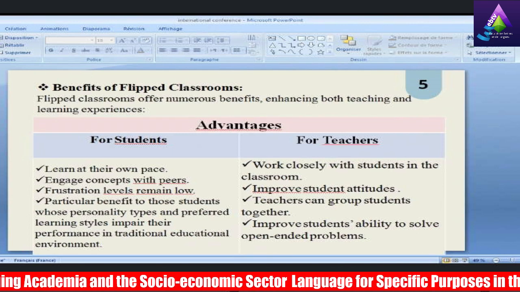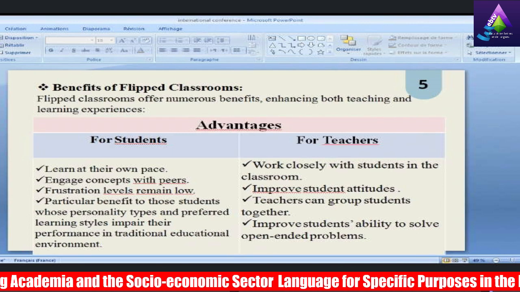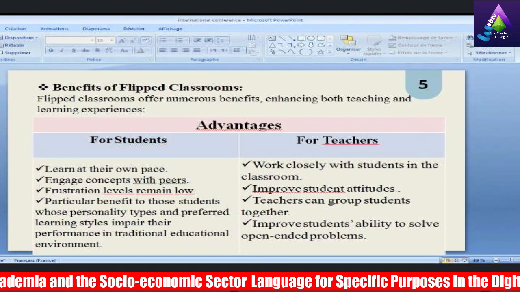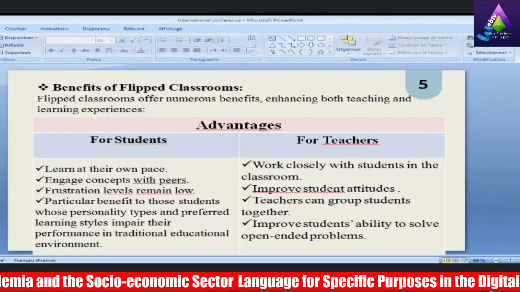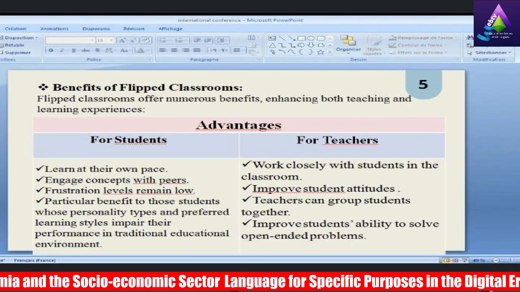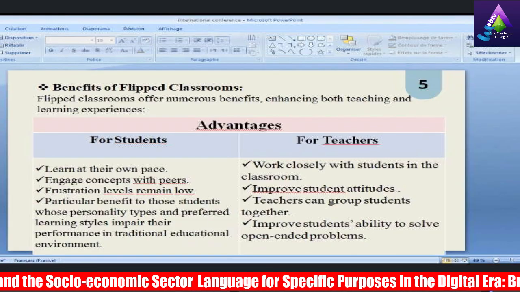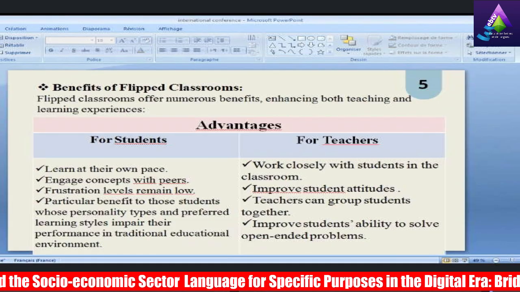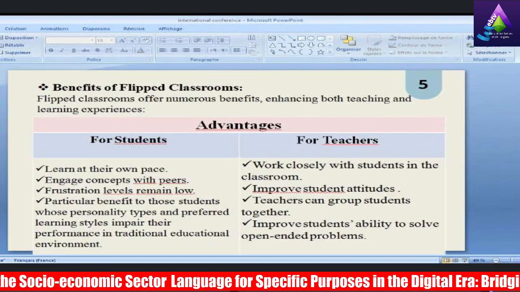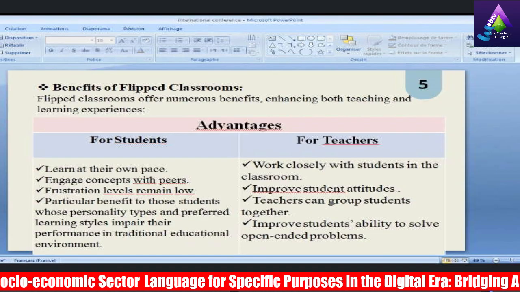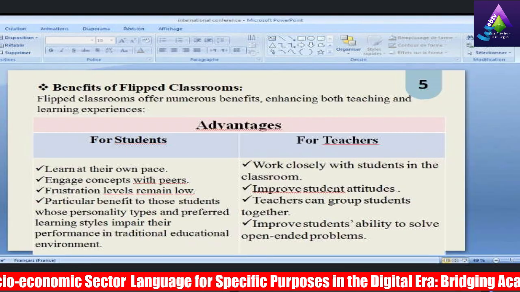For students: learn at their own pace, engage concepts with peers, so there is peer interaction. Frustration levels remain low. It means they find themselves at ease learning at home at any time. Particular benefits to those students whose personality type and preferred learning styles impair their performance in traditional educational environments. So it is the preferred style for some students, especially those who like technology in education.